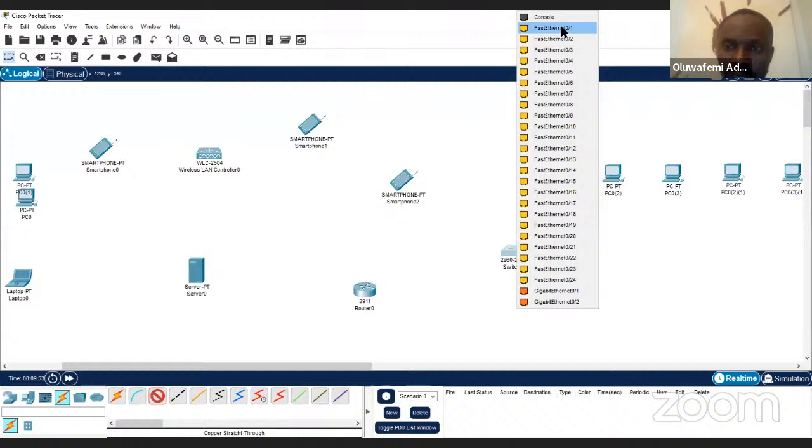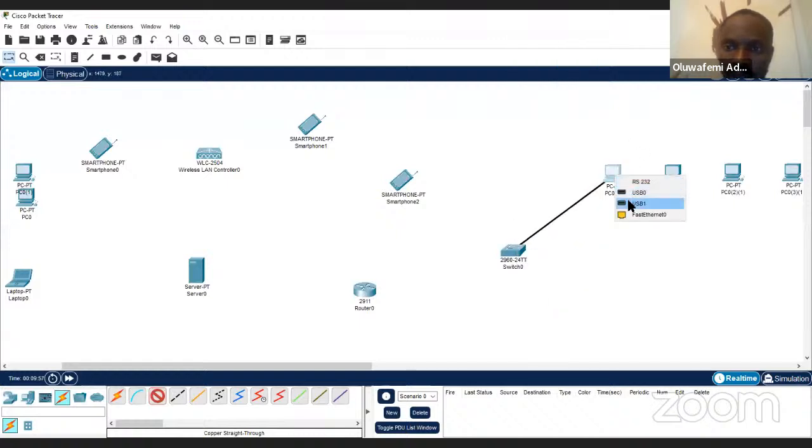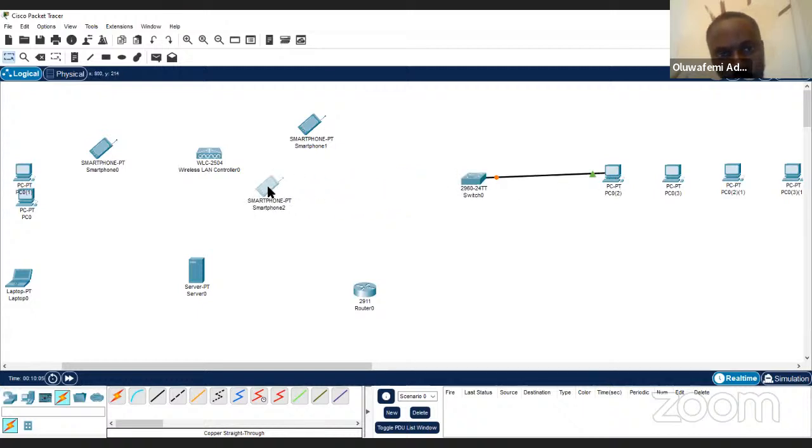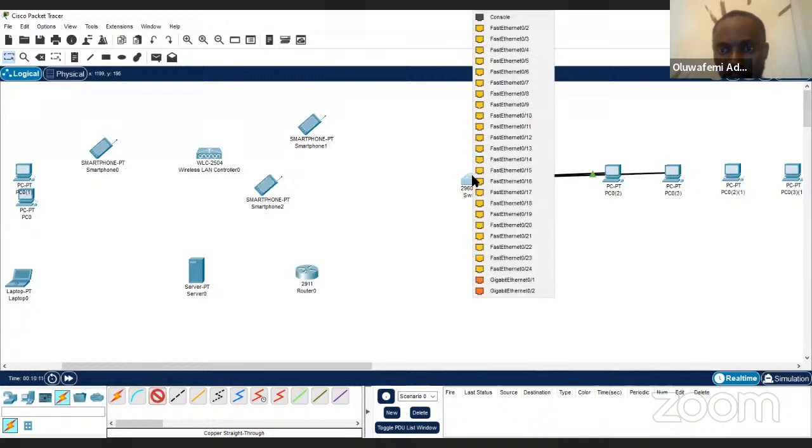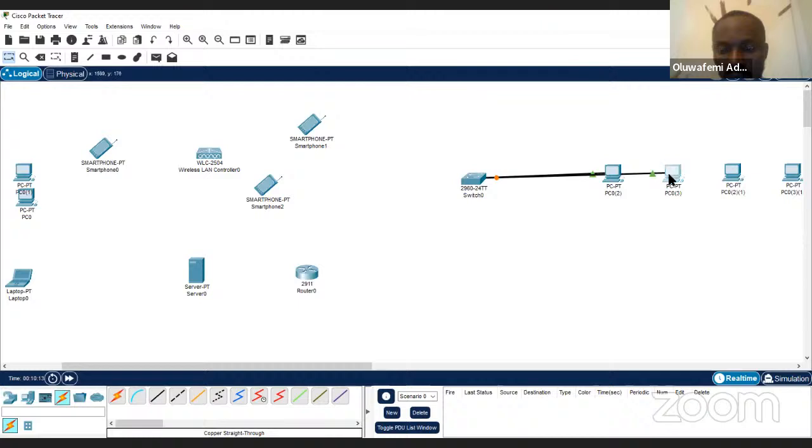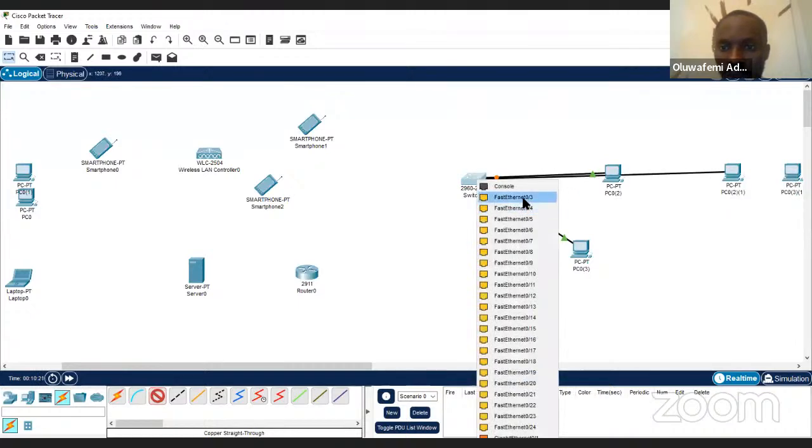I'm connecting to the first port of this switch, and I'm connecting to this system, right? What have I established here? I'm going to do a star topology because that is the most common one. I'm going to connect from this system again to the second port. From this third system to the third port.